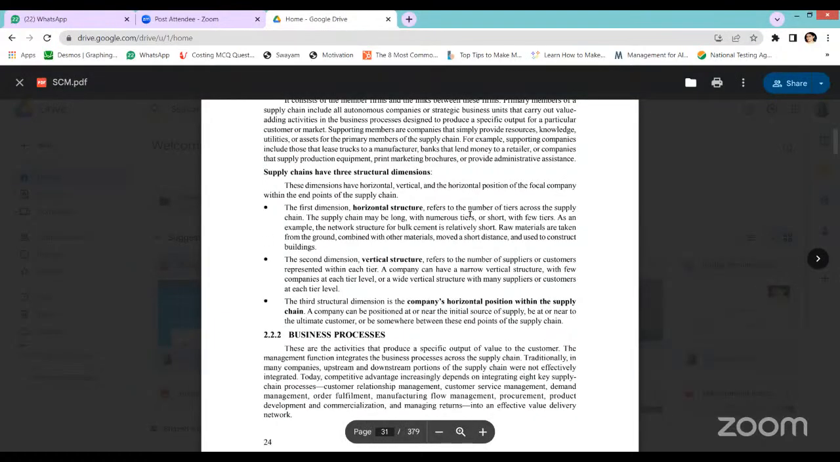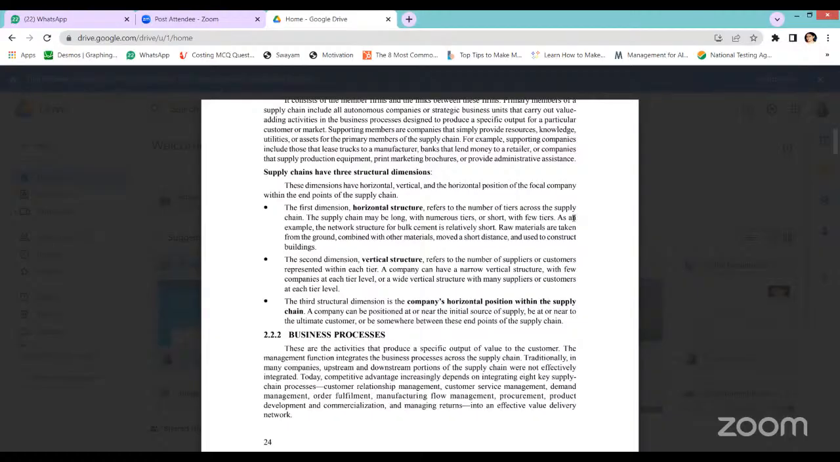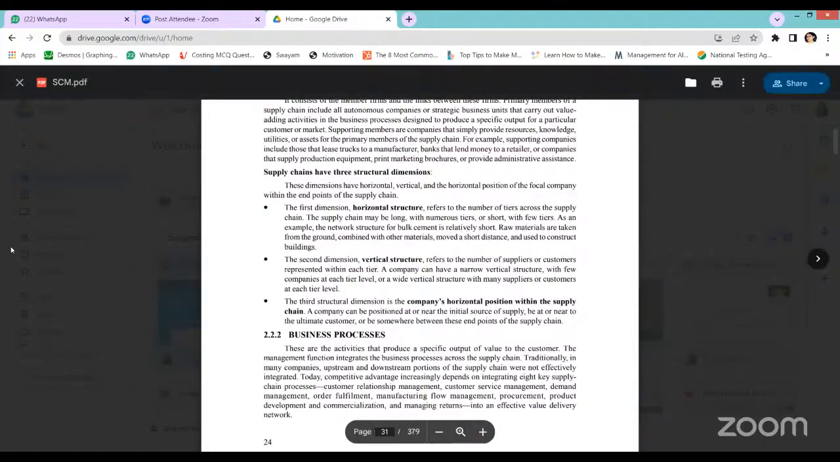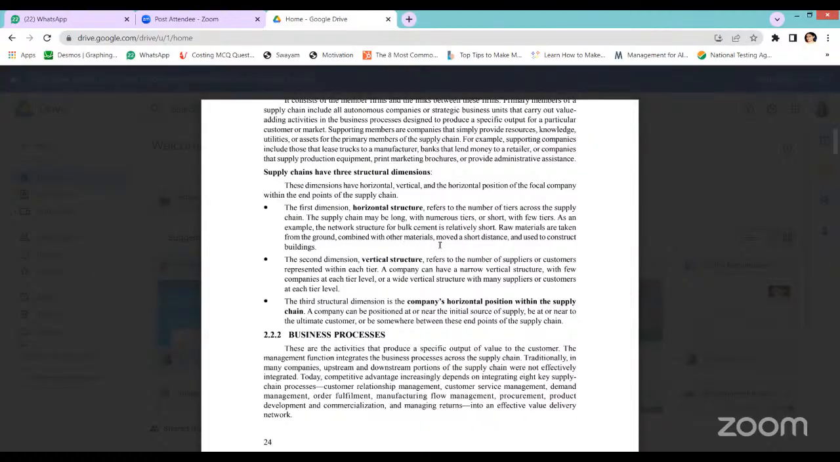So let us see what is horizontal structure. It relates to the number of tiers across the supply chain. We'll come across the first tier, second tier, primary, then a network structure like bulk cement. See, horizontal structure means, with bulk cement companies you have very few, and they all form a network horizontally. All these cement companies come under the horizontal structure. Raw materials are taken from the ground and combined with other materials, and they produce the cement for construction of